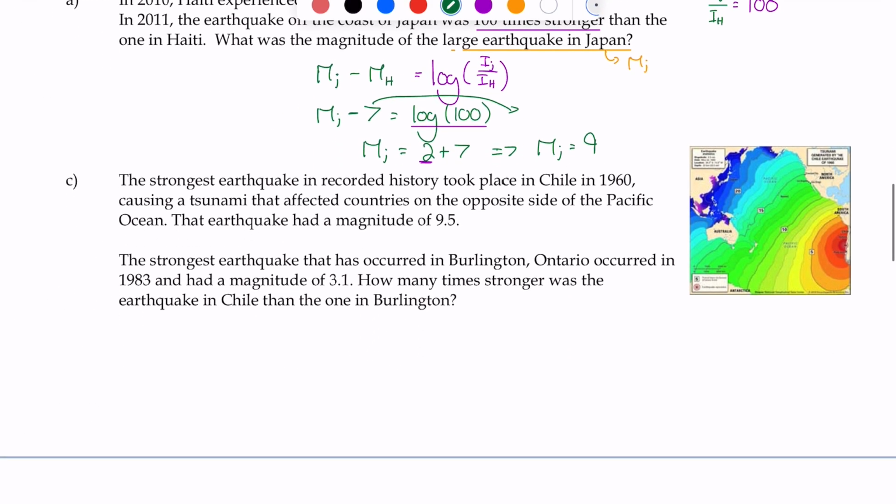Okay. C. The strongest earthquake in recorded history took place in Chile in 1960, causing a tsunami that affected countries on the opposite side of the Pacific Ocean. The earthquake had a magnitude of 9.5. The strongest earthquake that has occurred in Burlington, Ontario occurred in